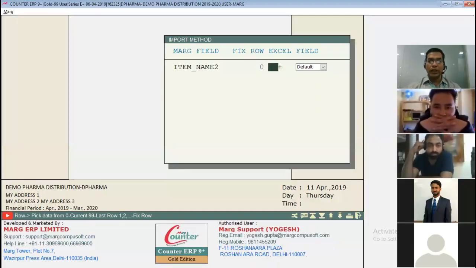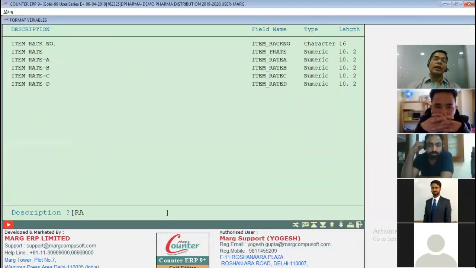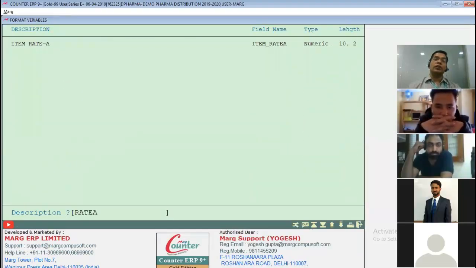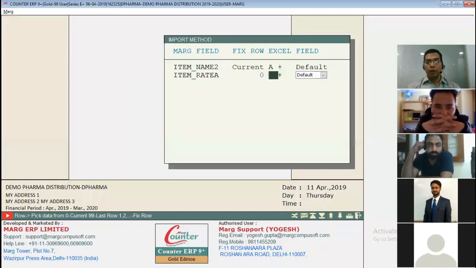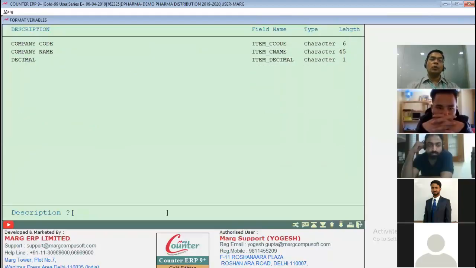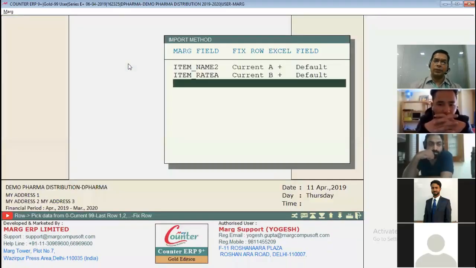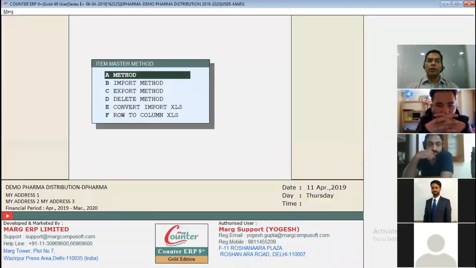I say it is in A column of Excel. Now rate A. Which column of Excel? B column of Excel. Same way you can put the company name, you can put the stock, you can put the salt, etc. I press tab here. Now I have saved.